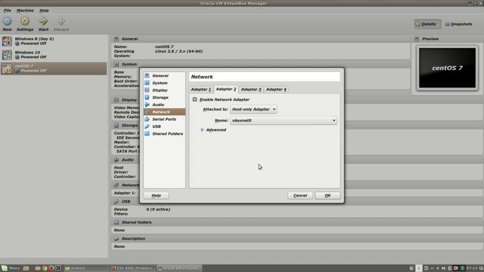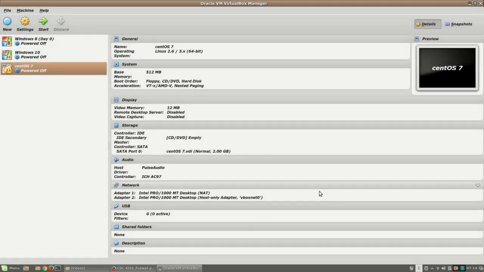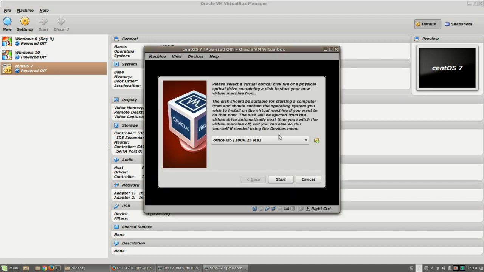Now adapter 2 allows you to set the IP address and create your own network, and this would allow you to communicate with other machines within your virtual machine, and also other machines outside of it, if you set it to have an IP address that is routable outside. But for now we're just going to try with private IP addresses, such that only virtual machines can find other virtual machines. Okay? So click OK on that, and once you click start, it will ask you for